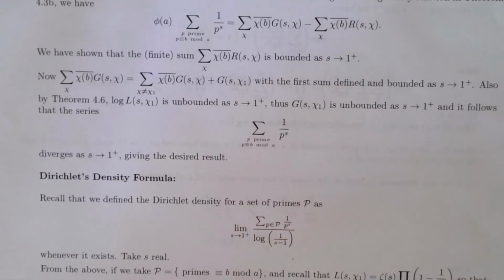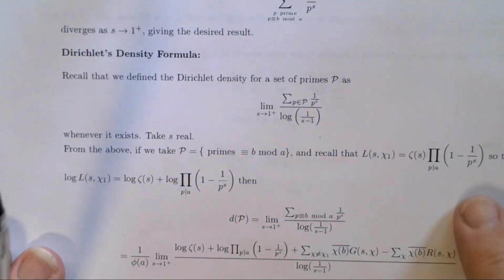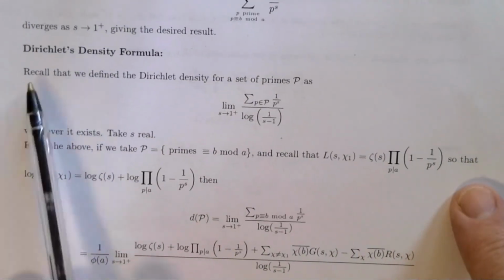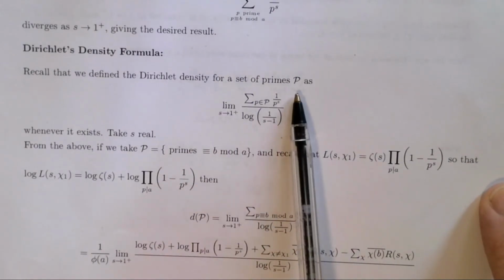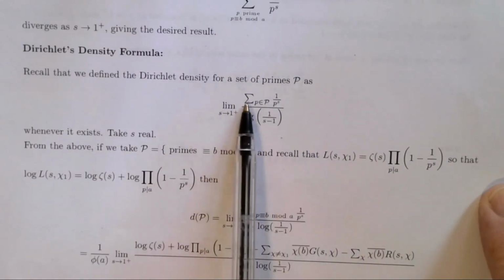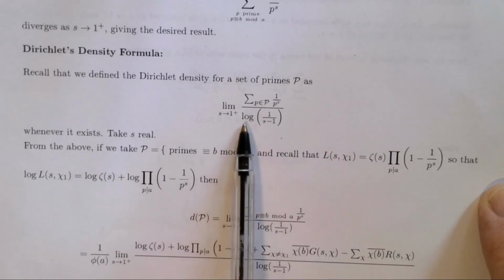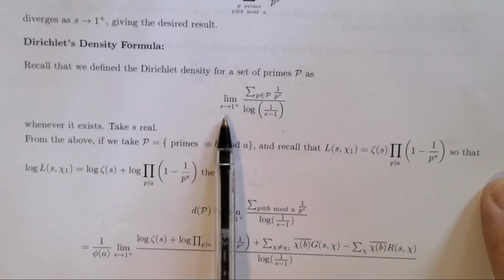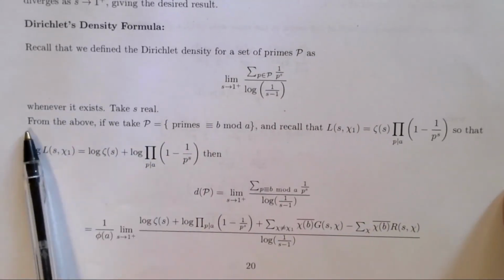Little section on Dirichlet density, we talked a bit about before. We worked out the Dirichlet density for the primes that are congruent to 1 mod 4. So I'll just recall we defined the Dirichlet density of a set of primes p by this limit. We take the sum of the reciprocal of the sth power of all the primes in the set. We divide by the log of 1 on s minus 1 and see if that makes sense as s goes to 1. So again, taking s real from above,